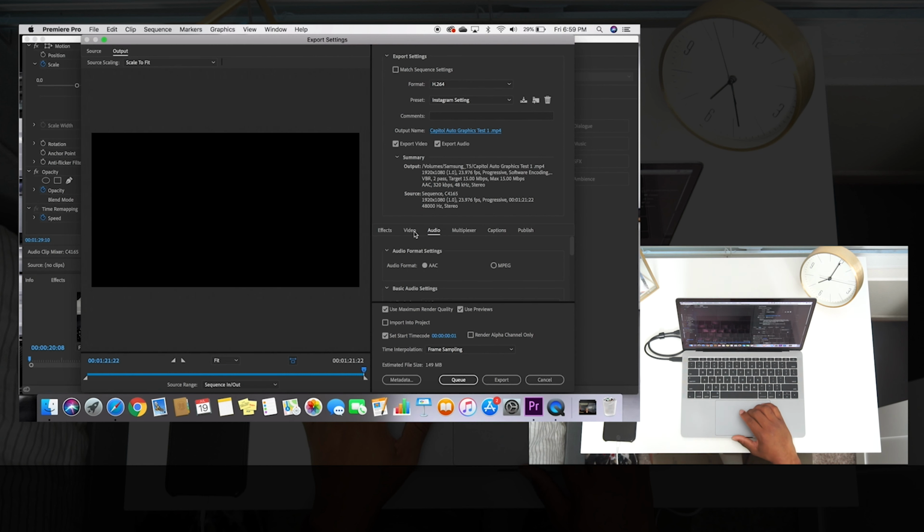Okay. So anytime you're using Premiere to export or any other software, you always of course want to adjust the target bitrate. For Instagram and Facebook, I usually keep it at 15. You could probably do 12, but you definitely don't want to go past 15, because then when Facebook compresses it,